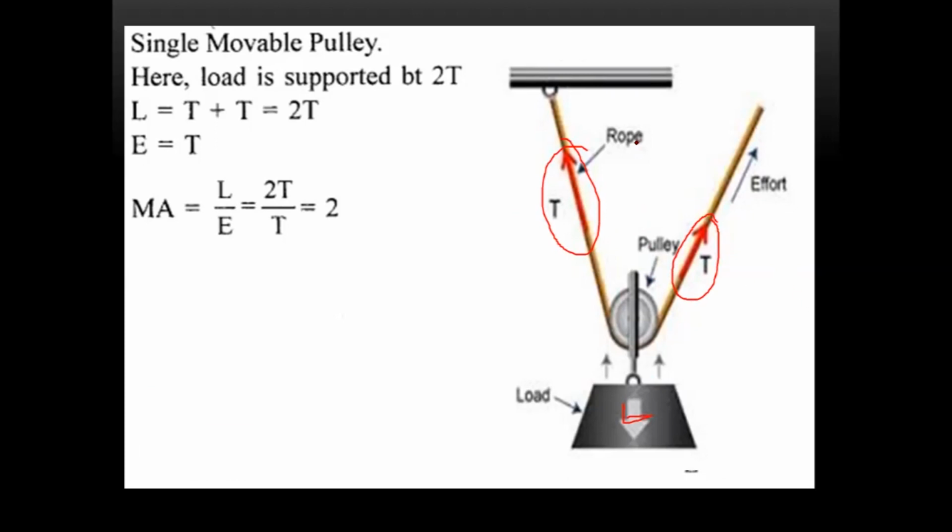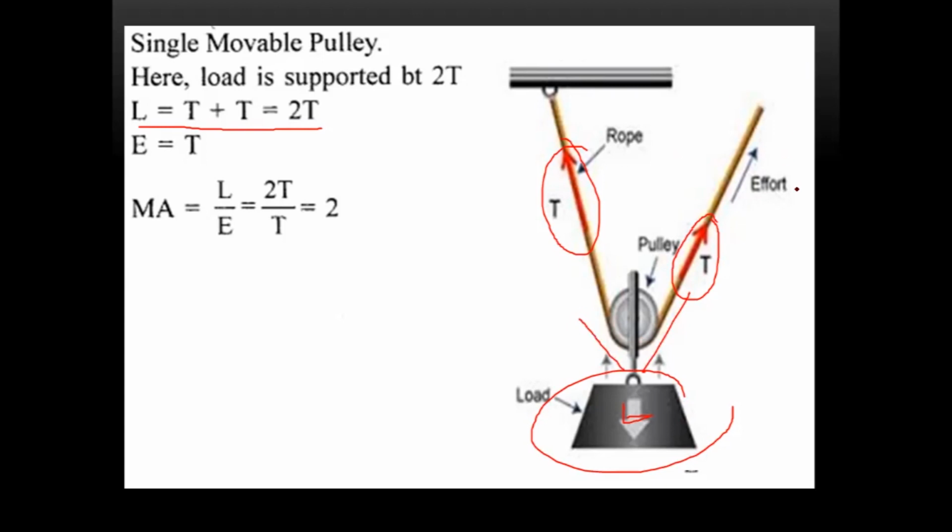When two forces act in the same direction, what do we do? We will add the forces. So this tension is also a force, and this tension is also a force. They both are acting in the same direction, and these two forces are supporting my load. So what I would say is, this load is equal to this tension plus this tension. So I will simply add these two to find my load. As you can see, L is equal to T plus T, which is equal to 2T. This is when it comes to load, because load is supported by both these tensions on both the sides.